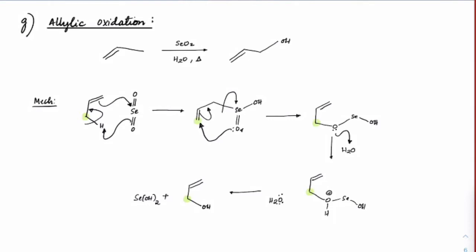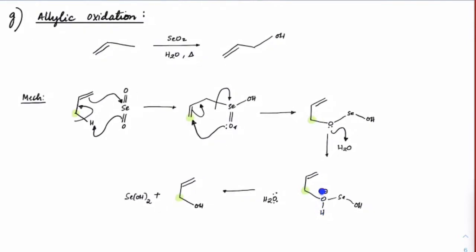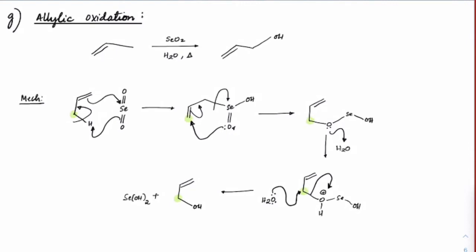We treat that with water. The lone pair on oxygen will attack a proton and it gets protonated. So you can see it got protonated here. Once it got protonated, next solvolysis will take place. Water will attack on this carbon because this becomes a leaving group now. So this bond will break and electrons will come back on oxygen. Thereby you can see that this allylic alcohol has been formed, and selenium will turn out to be SeOH twice. So selenium in a way got reduced there and the double bond was oxidized with OH.